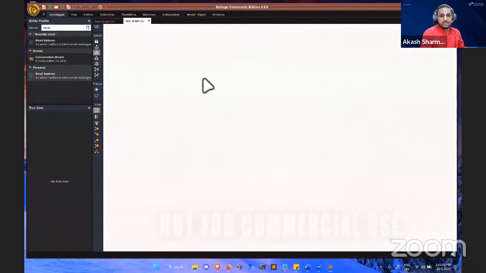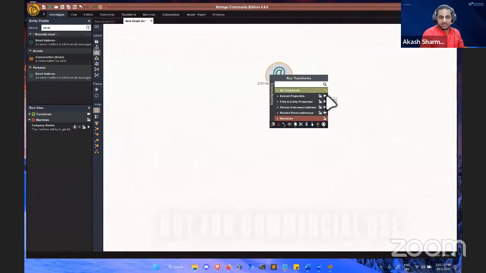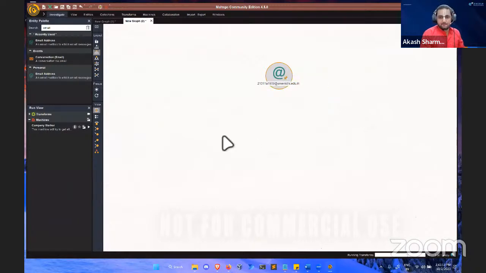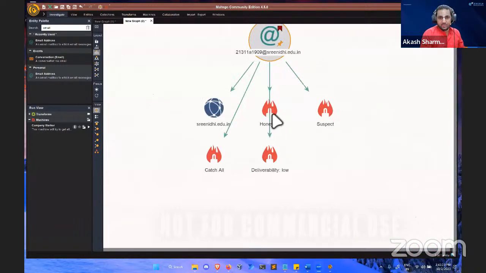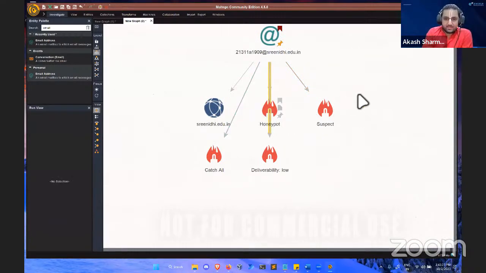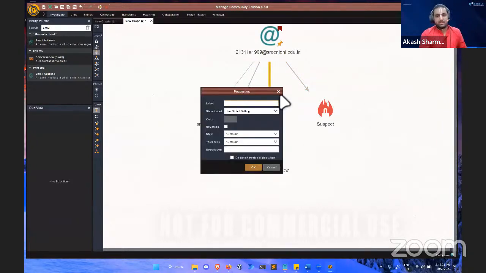So I have one email address here. I'm going to drop this element again on this graph, change the email, right click, and run all transformations. You can see it's running transformations at the bottom. Let's just give it time. Okay, it gave me more information. There's a honeypot. These are three things that you see here. One of them is honeypot. The other one is